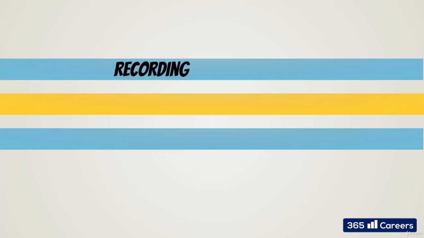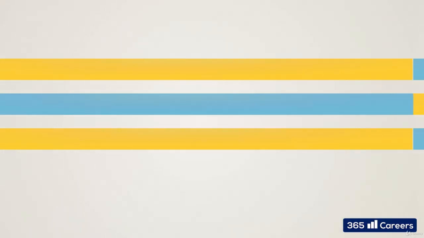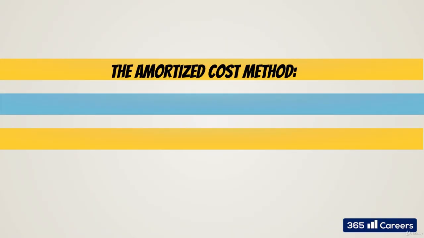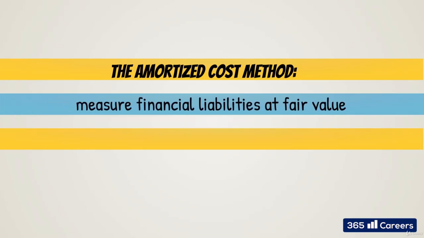Right. Our goal in this lesson is to understand how financial liabilities are typically recorded in a balance sheet. This is usually done by applying the amortized cost method. By following this principle, we will initially measure financial liabilities at fair value and any transaction costs deriving from the